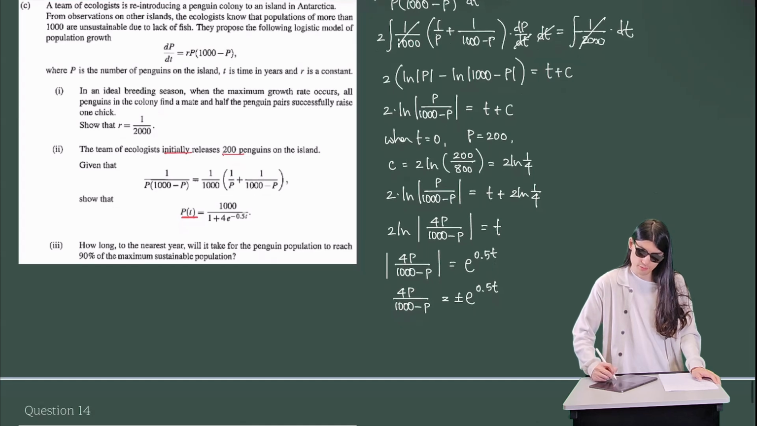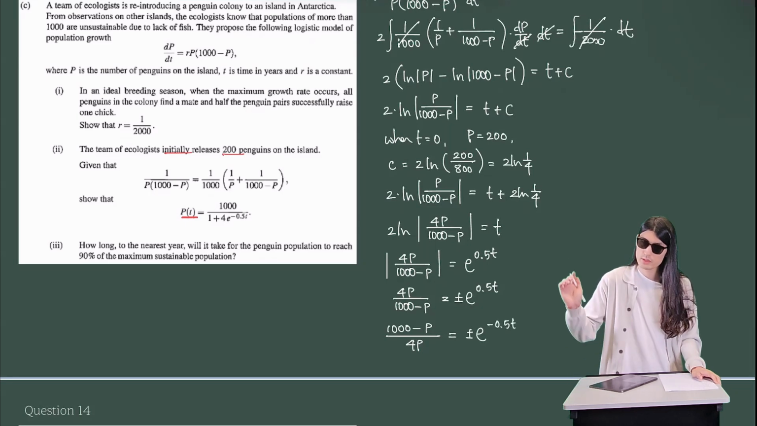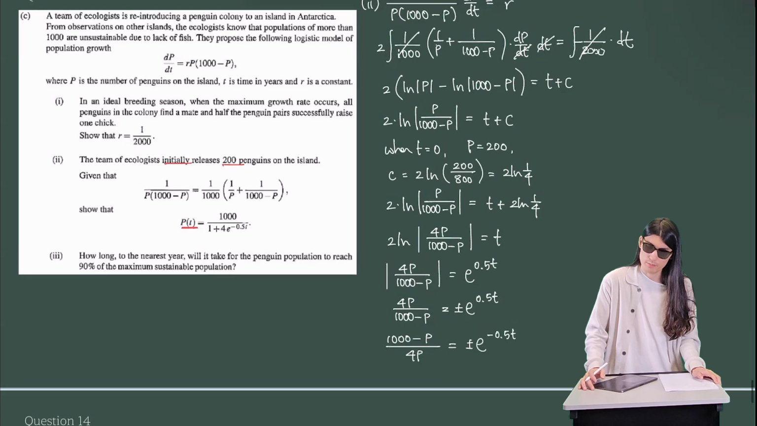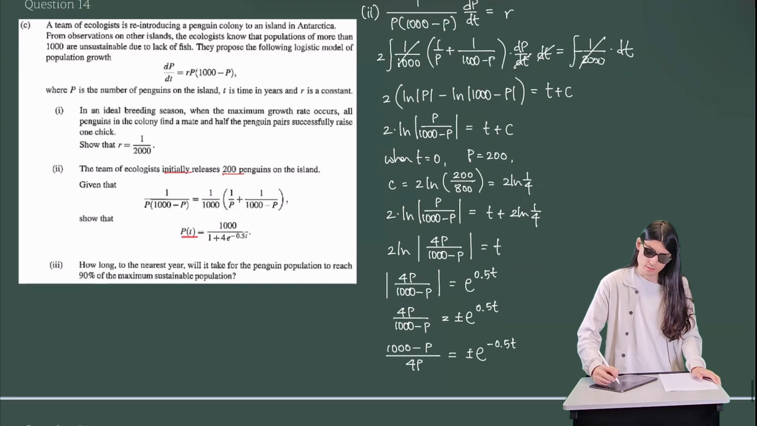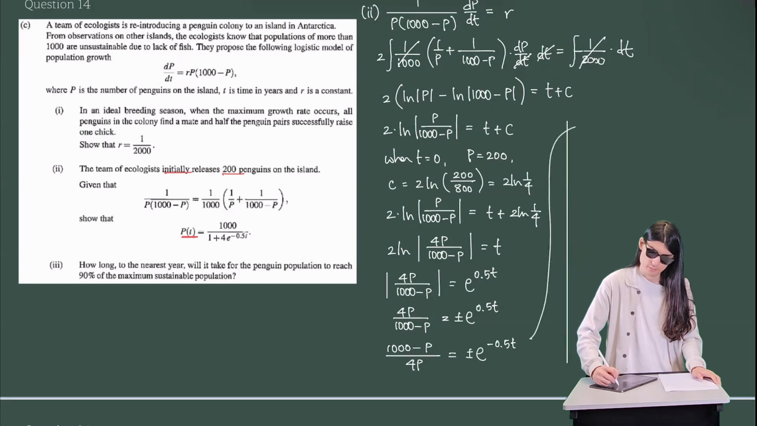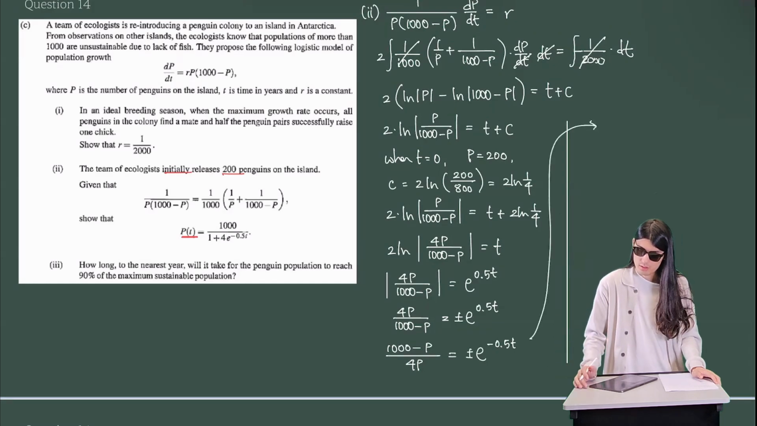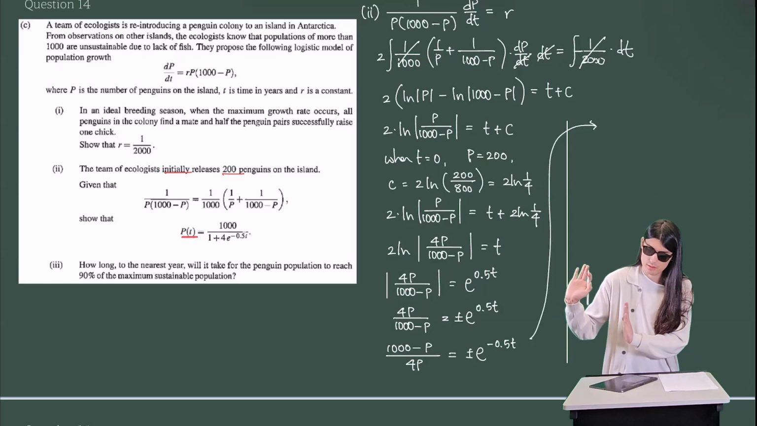Take the reciprocal of both sides, so (1000 minus p) over 4p is then plus or minus. And when you take the reciprocal of a power, you can just multiply the power by -1. Now, why did I do that? Because then the